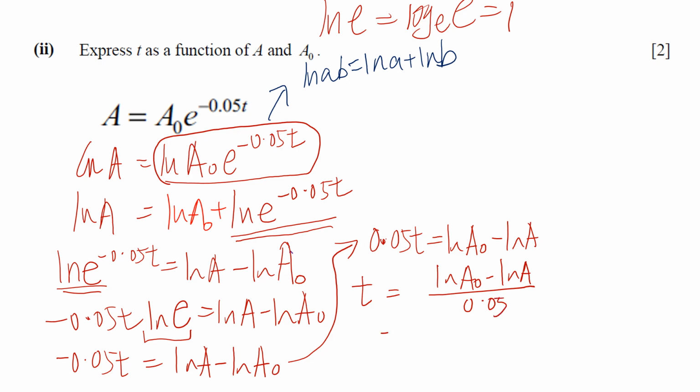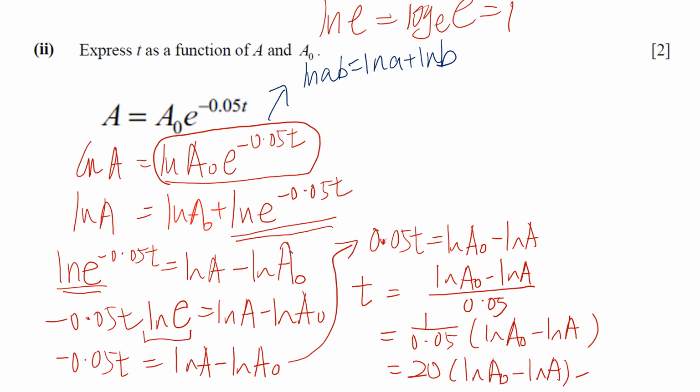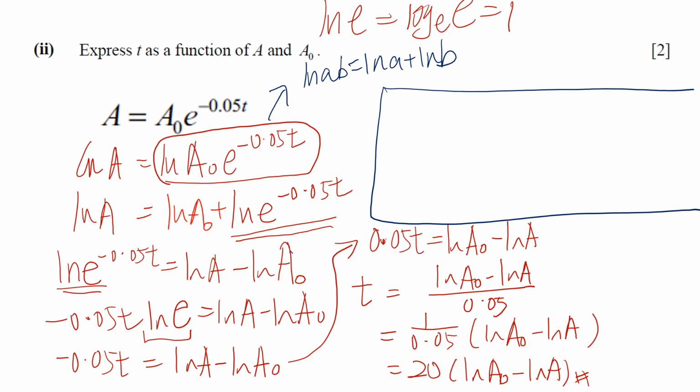We can't leave the answer as that. You need to simplify it. So this one means 1 over 0.05, that gives you 20. So this is one way of doing it, which I think is rather long. So an easier, more efficient way